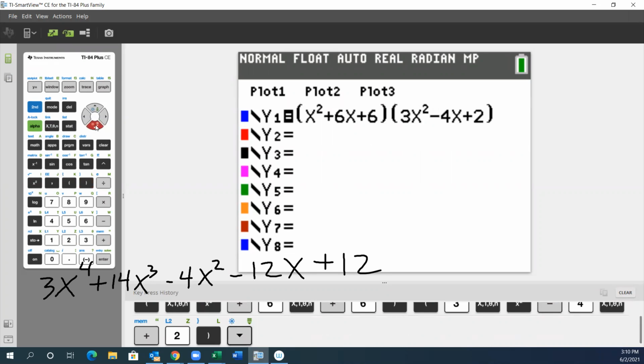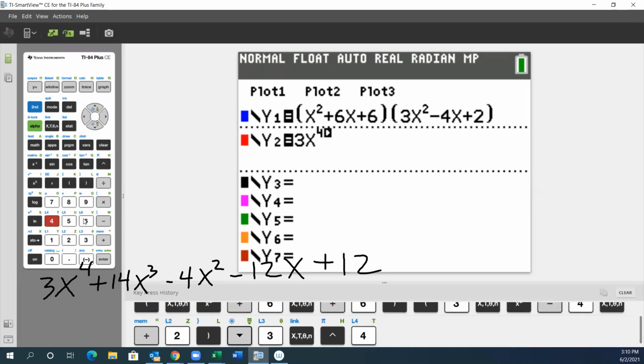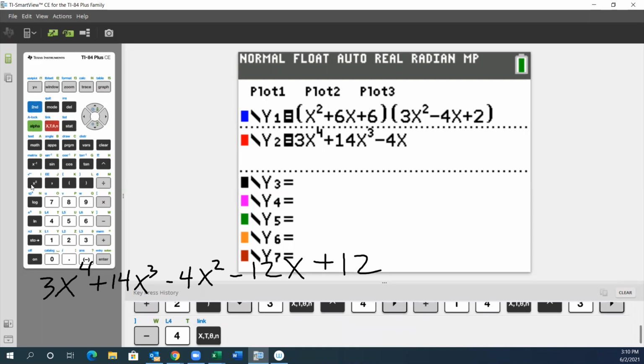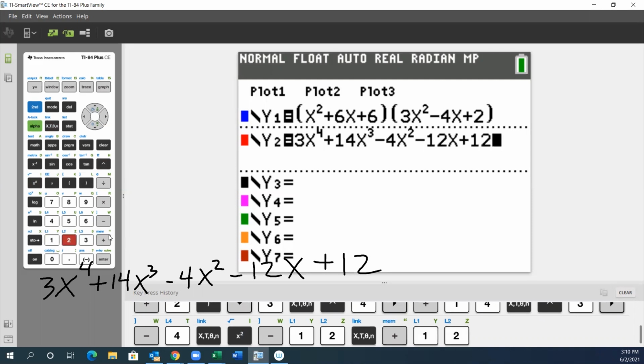Okay, so there's the original expression, and supposedly that's equivalent to what we got. So plus 14x to the third, I think. Yeah. Minus 4x squared plus 12. And you will get good at this. You will get fast. Okay, so if I go to the table,